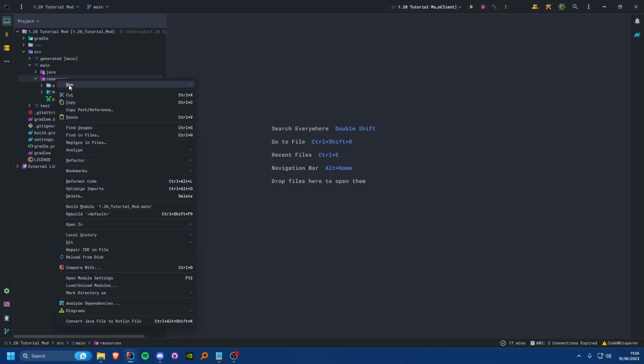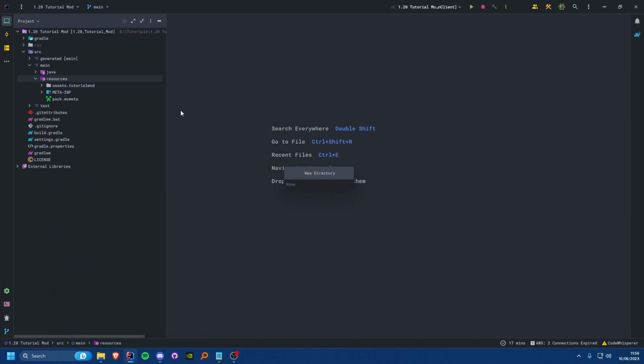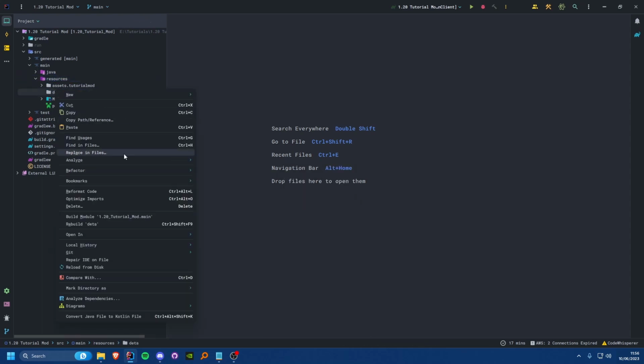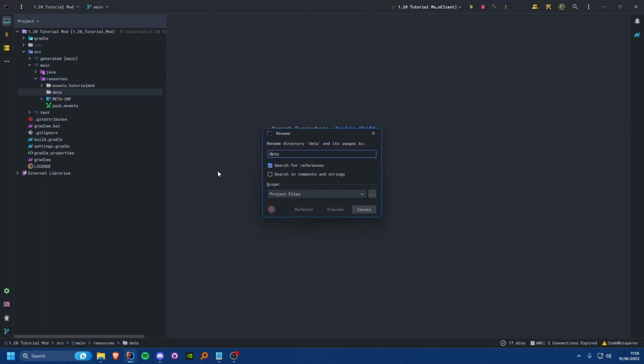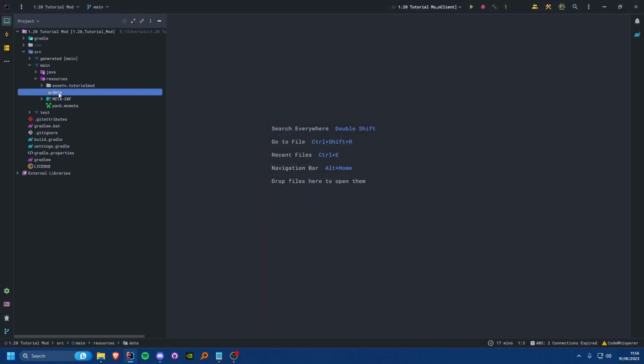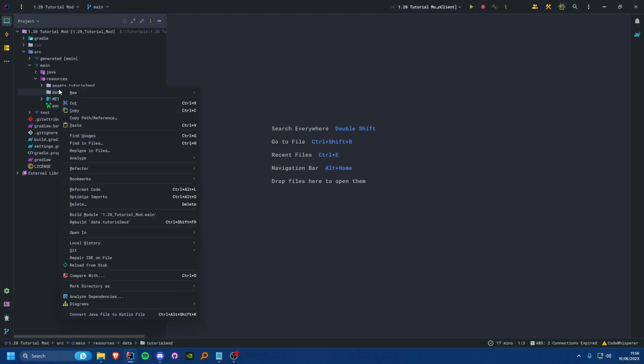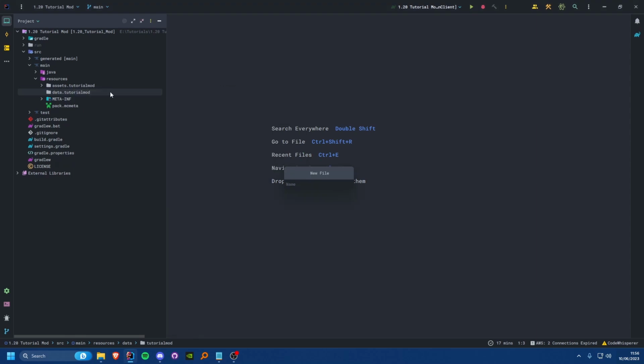So let's create a new directory inside of our resources, and we're going to call this data, not data. That is a misspelling. Data, there we go. And inside of here, we're going to probably want multiple different directories. We'll start with just our mod ID, so tutorial mod. And inside of here, we're going to want to create a new folder, my bad, once again, directory, for